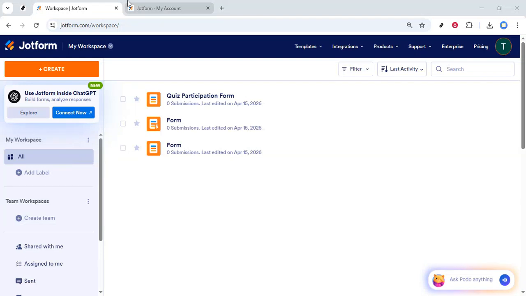Today, I'll show you how to export Jotform to Excel if you're looking to back up your form submissions, analyze your data, or share results with a team. Exporting to Excel is one of the easiest and most flexible ways to work with your Jotform responses. In this walkthrough, we'll go step by step, keeping everything simple and clear so you can follow along even if